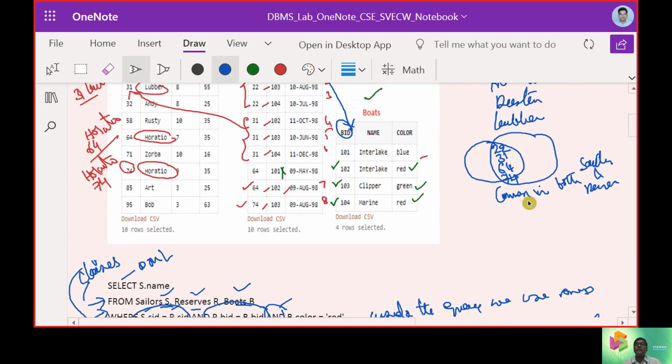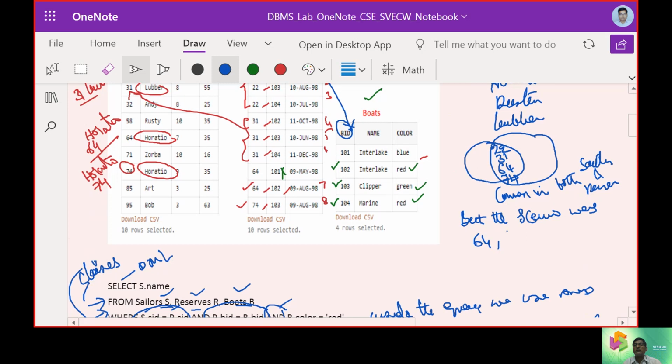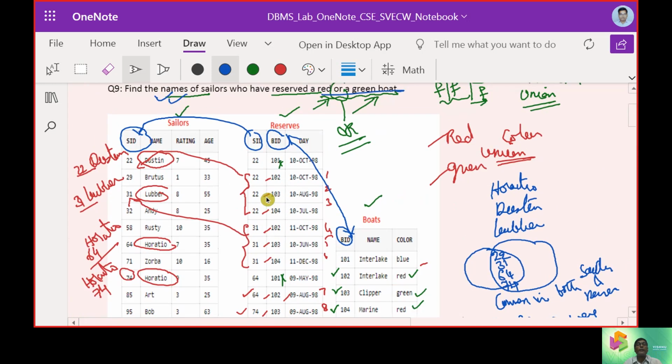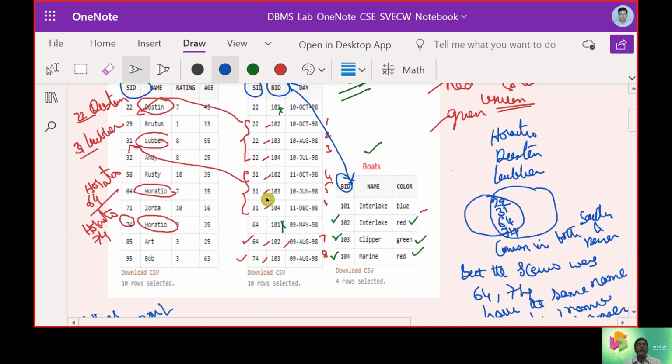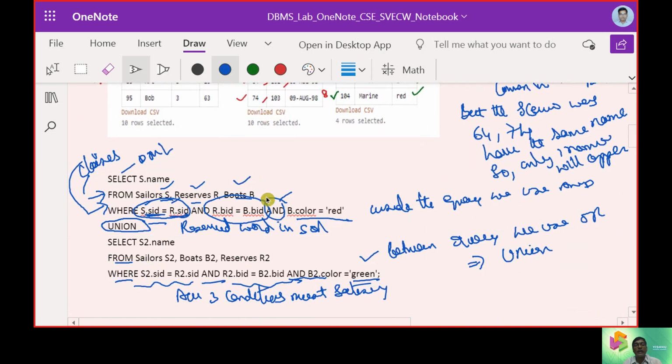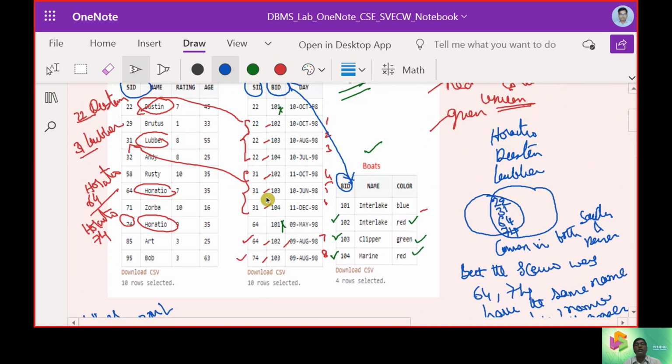But the scenario was that 64 and 74 have the same name, so only one name is going to appear in this case. We are looking at the commonality condition strictly with AND operation, and thereby we are using the union.